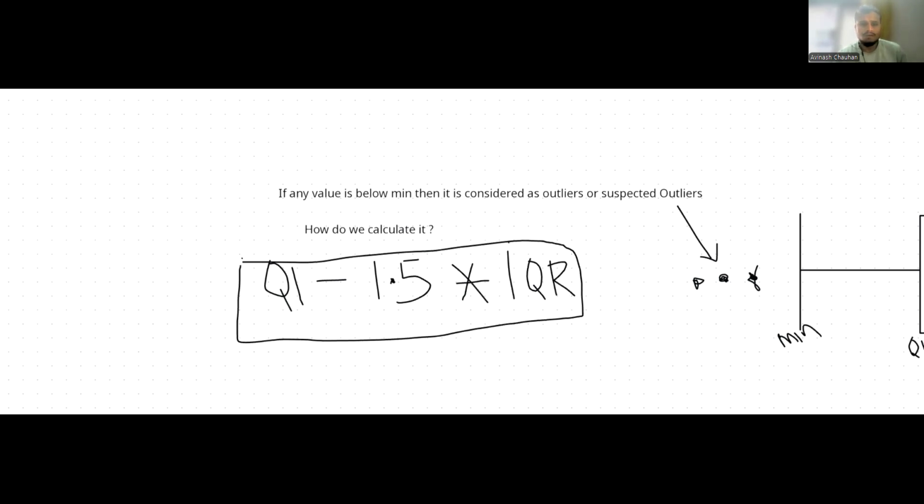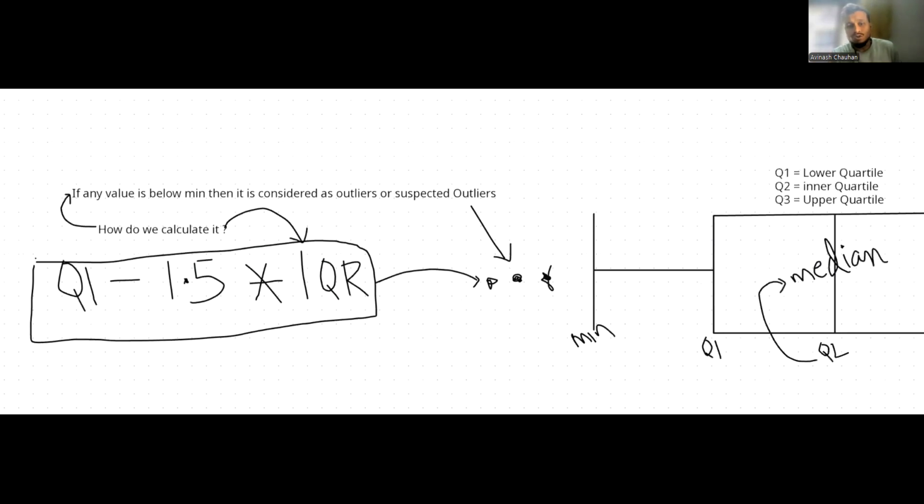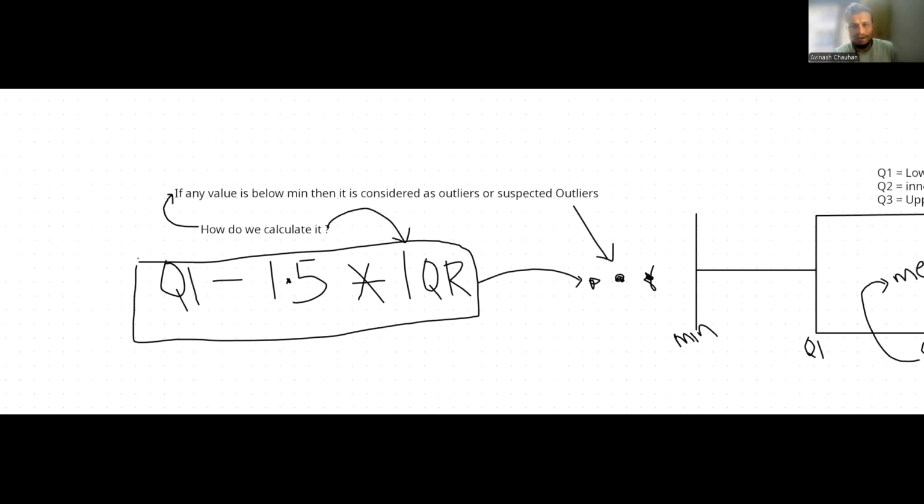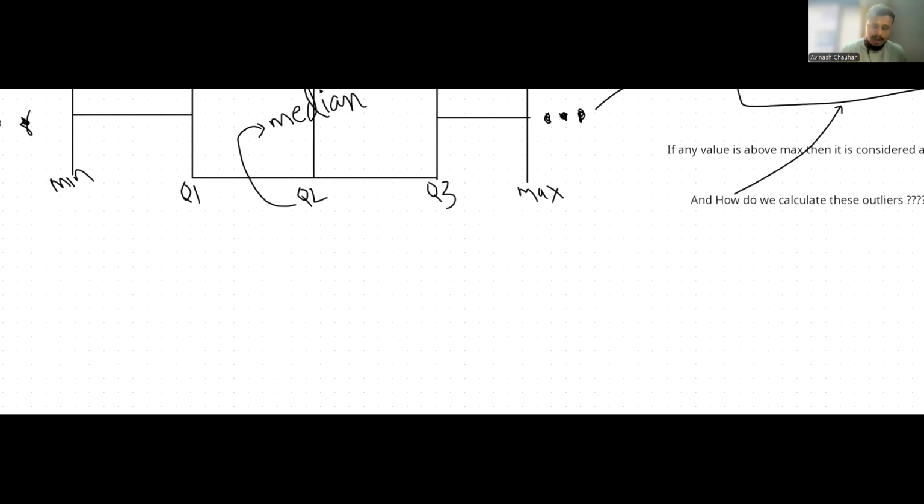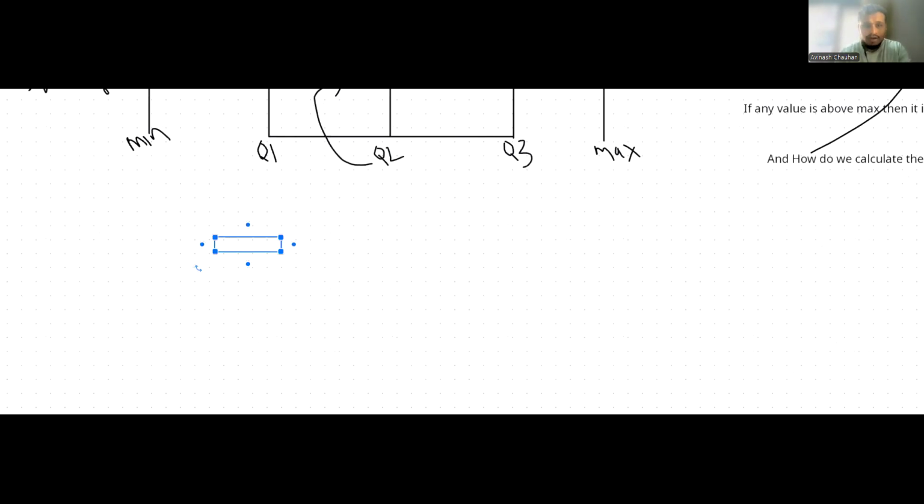How do we calculate? We calculate these outliers, the suspected outliers, by which is minimum. And again, when you will see the graph, if you will see the bubbles on the minimum part, then you should write like this. When it is maximum part, you should write like this. And if you have to confirm the outliers value, here it was suspected. You will get the suspected value. And if you want to get the confirmed outliers value,